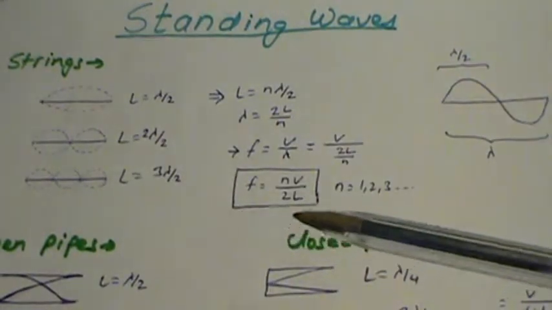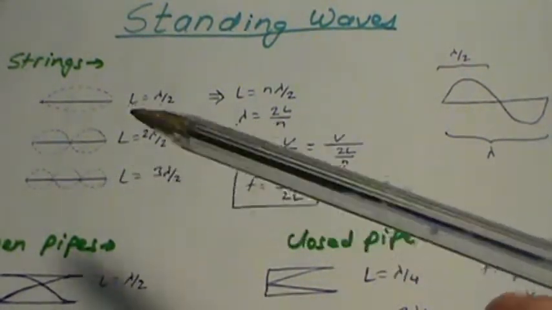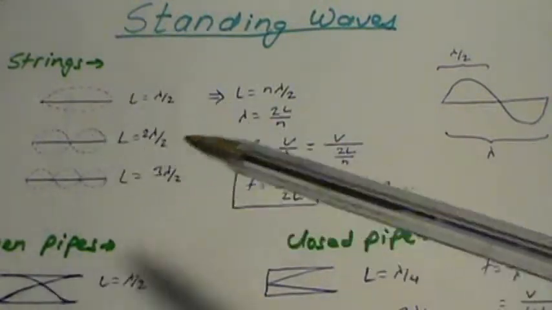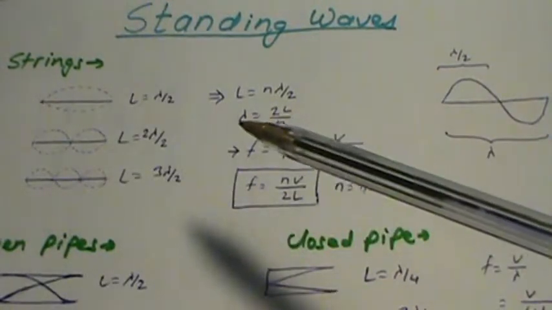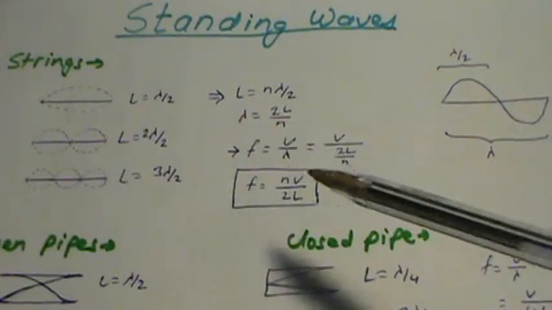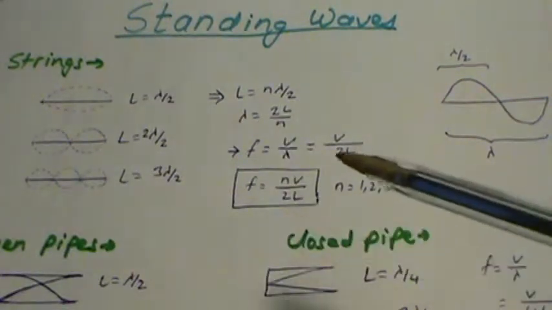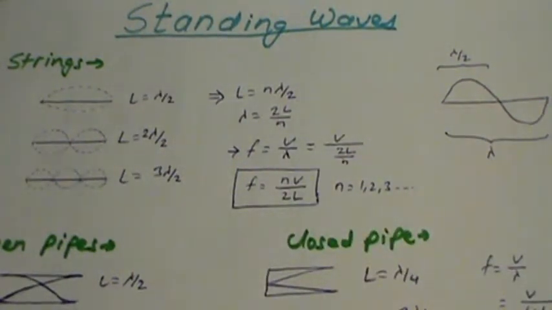And usually I never memorize this formula, I just know the relationship just by drawing, and it takes me 10-15 seconds to go from lambda equals 2L over n to this frequency, but you could memorize it if you want. Now let's go to open pipe,